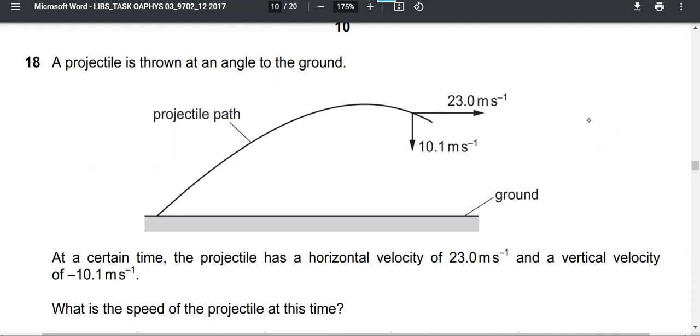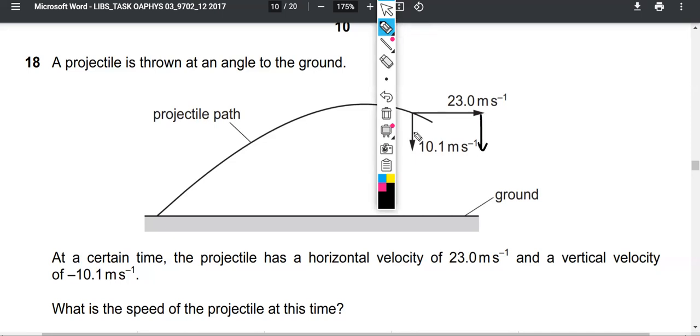So they're giving us the horizontal and vertical components. So it's like we could calculate the velocity, which would be the vector here, and the angle. We have enough information to do that, but it's only asking us for the magnitude of that vector, right? So the speed is just how fast it's moving. And so really this is just a,